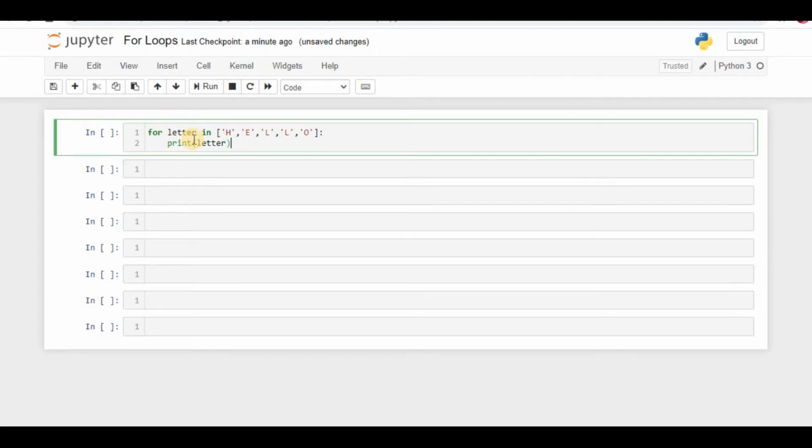You can give your own, even your name if you want. I just gave letter, nothing more than that. And in square brackets I gave all the strings. Remember one thing, whatever we put in quotations, Python will consider as strings. And one more thing, after that I kept a colon, two dots. What it means is that the for loop is going to start.